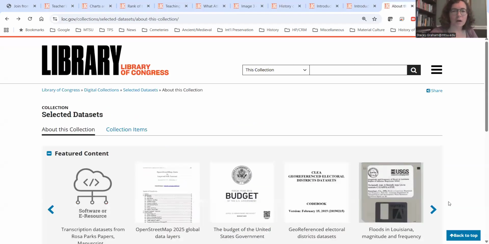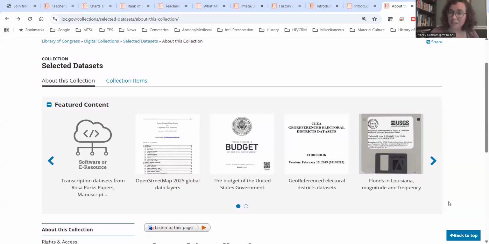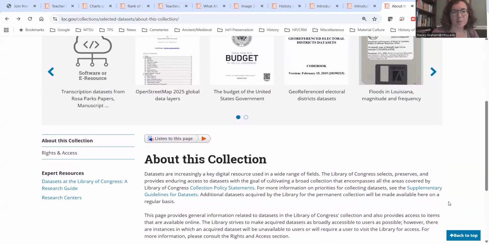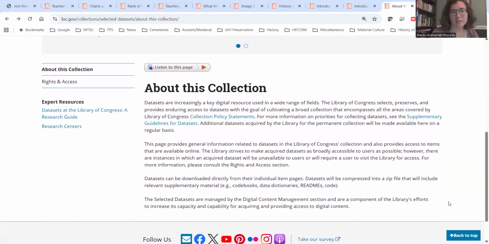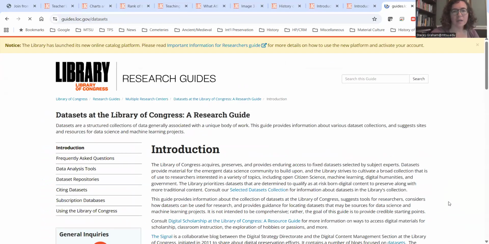There's also a research guide about data sets, to go along with this digital collection on selected data sets from the Library of Congress. You can get to that research guide from this digital collection homepage and vice versa by just clicking there. So that is a really quick overview of where you can find some of these types of sources, and they're very valuable for providing different kinds of perspectives and information when you're looking at any subject and for making that